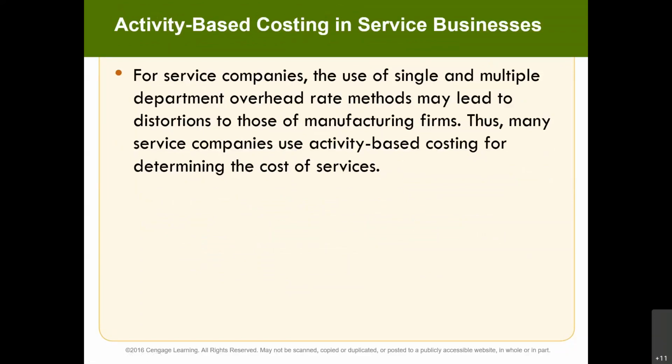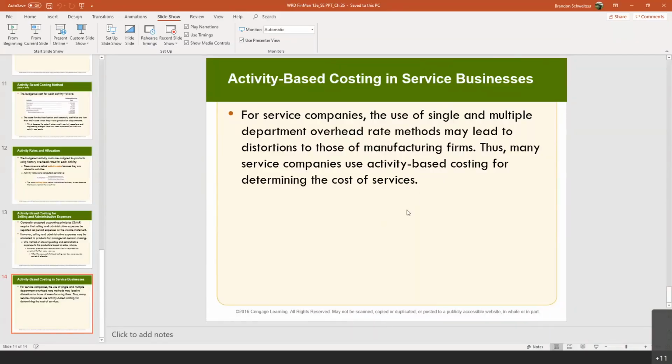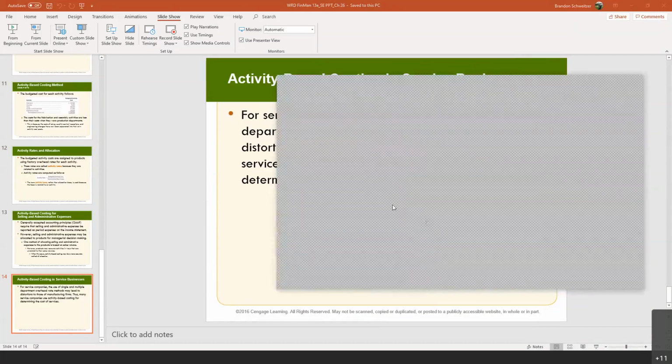So what about service businesses? Like a dentist or something like that. For service companies, the use of single and multiple department factory overhead rates may lead to distortion of those manufacturing firms. So in service companies, activity-based costing is used in the determination of the cost of services. And I think your textbook gives an example of a hospital setting, which is pretty cool, because